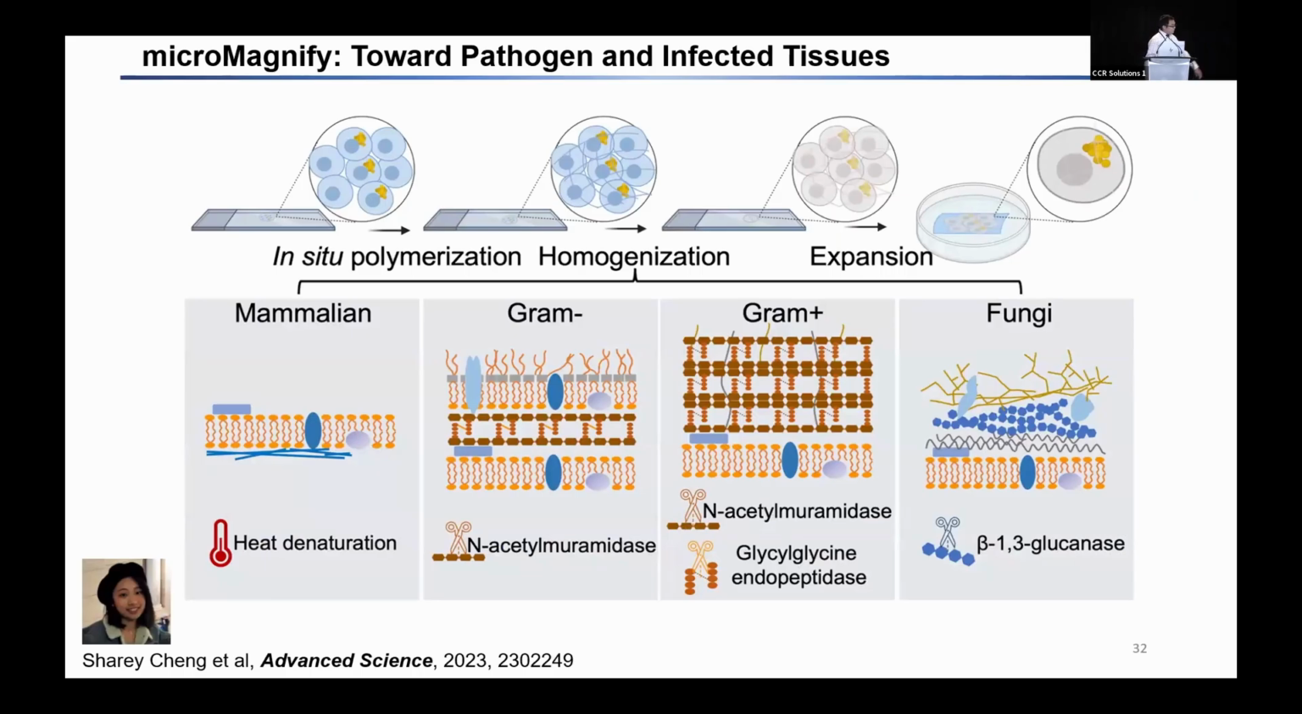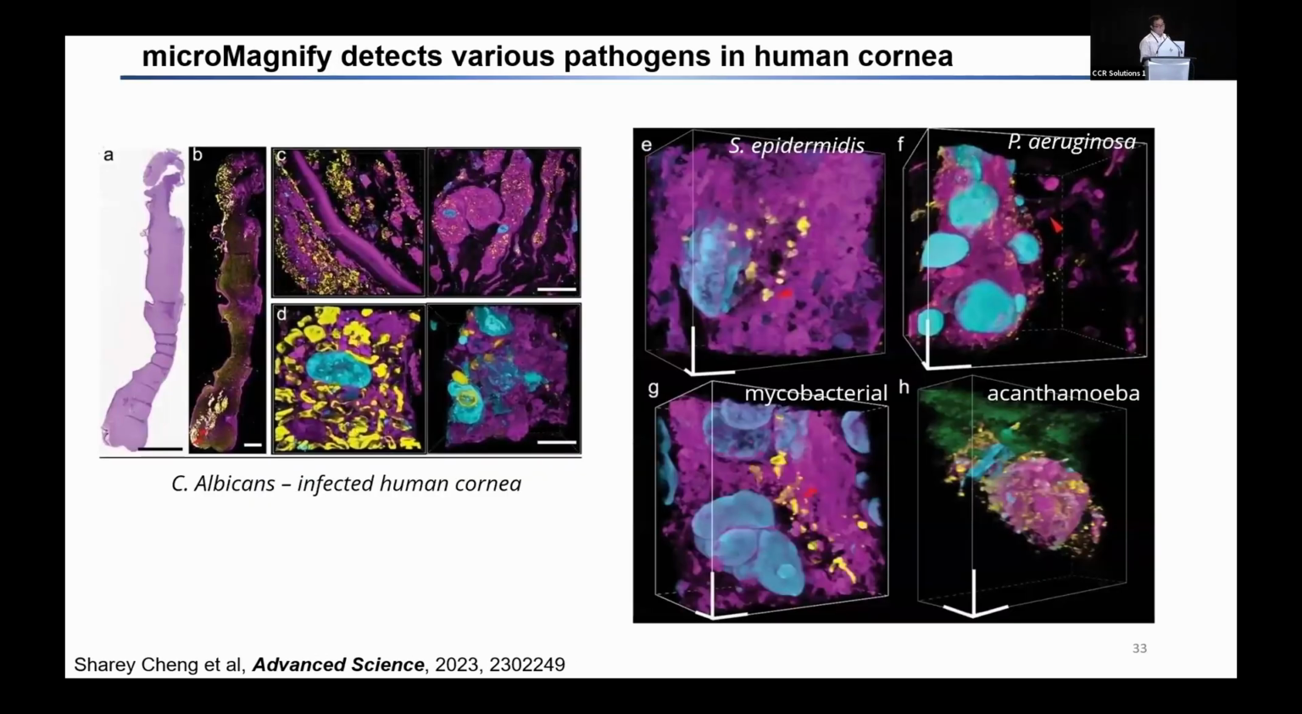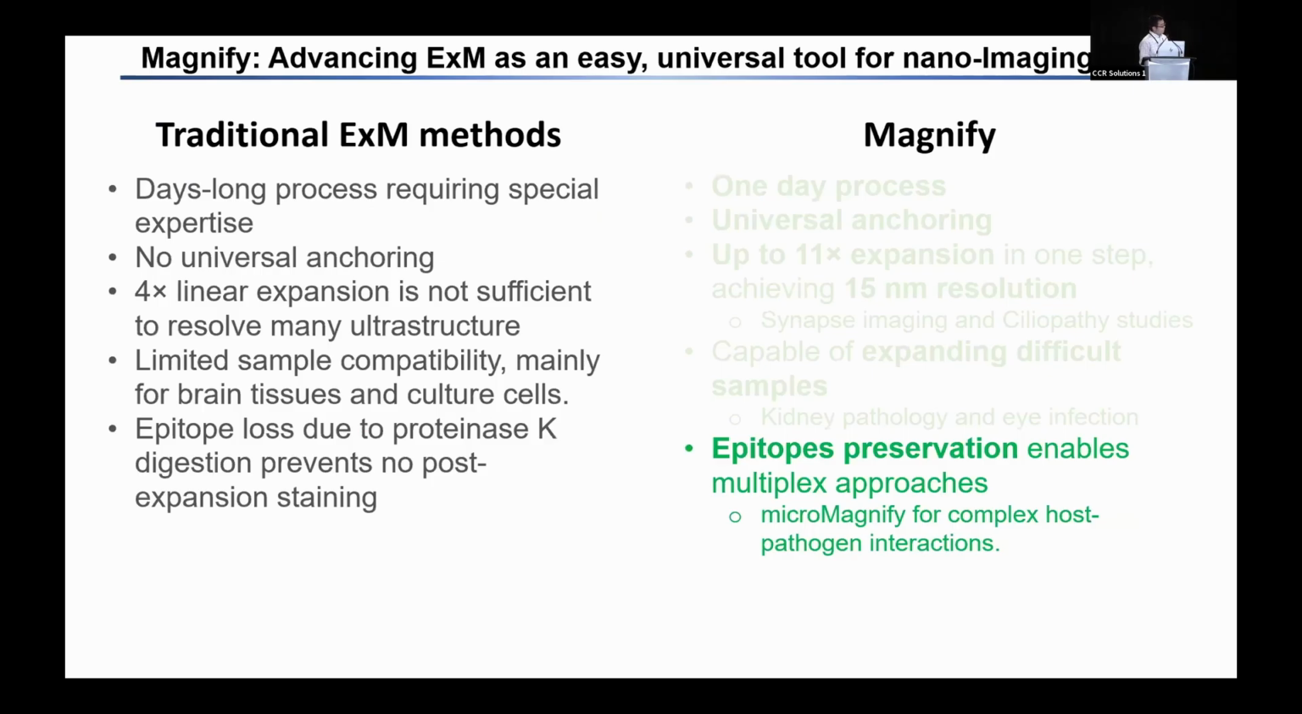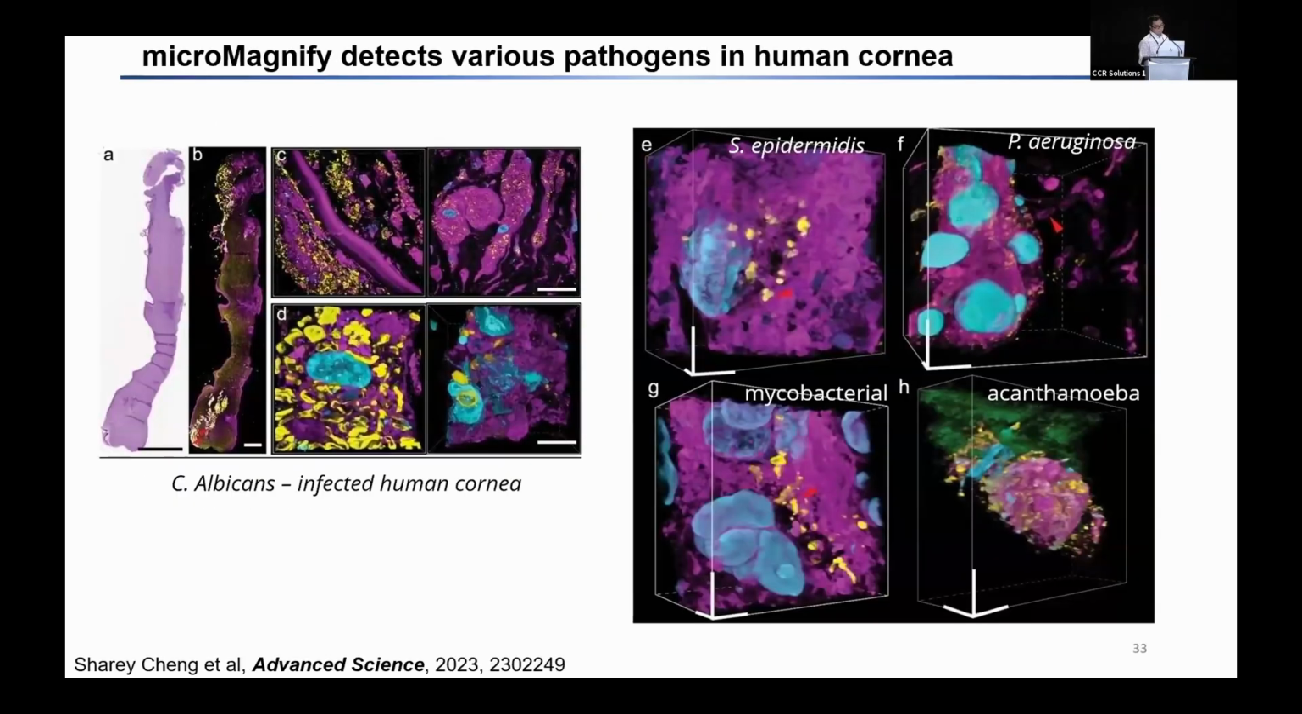pathogen-infected biopsies. In this case, my former student Sherry developed this micro-magnify using a cocktail of enzymes to digest the cell wall from different pathogens: gram-negative, gram-positive, and fungal cell walls. We got the samples from Wills Eye Hospital in Philadelphia. They have cornea samples that are infected by all kinds of different pathogens, right? Fungus, parasites, and bacteria. So we can actually expand them all and identify where the pathogen is